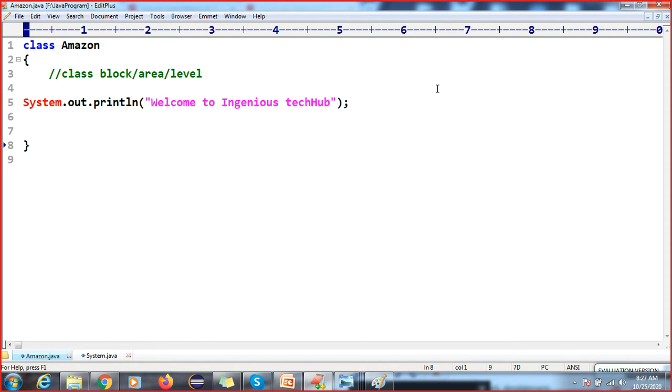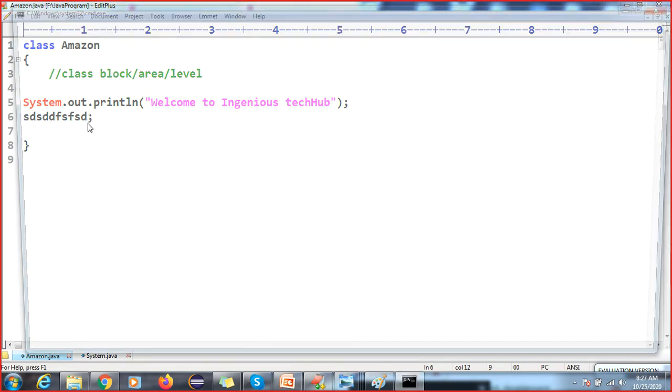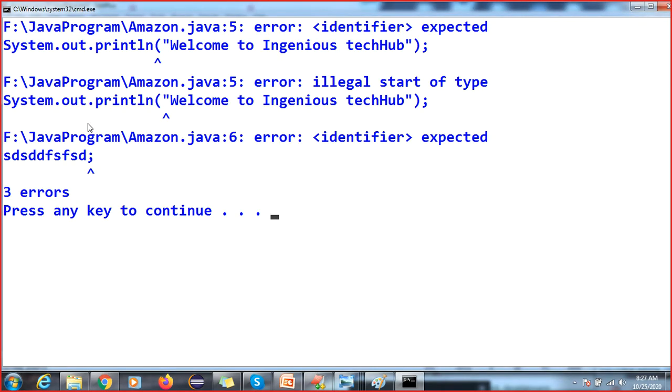If the syntax is not correct, meaning you are writing wrong code which is not applicable for Java, then the compiler will throw an error. Unless you resolve the compile time error, you are not able to execute your code. So the compiler will check the syntax of the code. Before I was getting a different error.